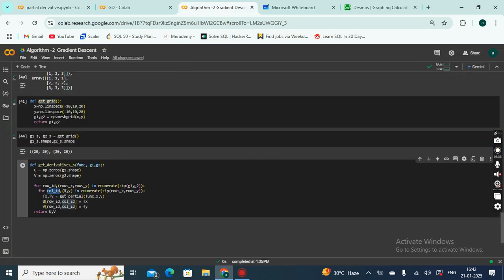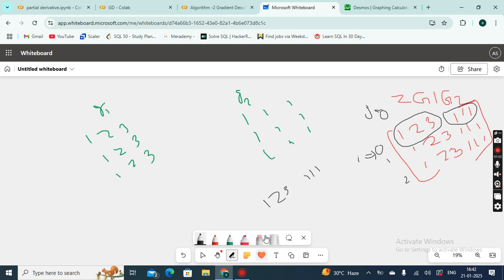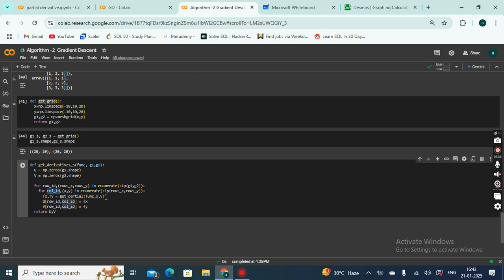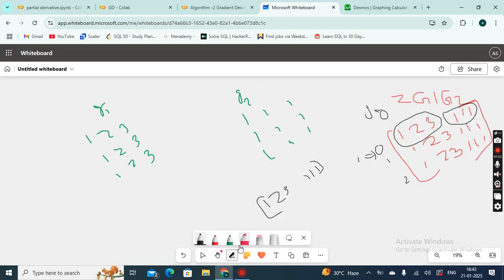So J of X and Y: zip rows X and rows Y. If I just say zip of this, then I simply put a bracket here. Now it is zip, right? So now when I say X and Y, what will be my X and Y from the zip function? This will be my X, this will be my Y